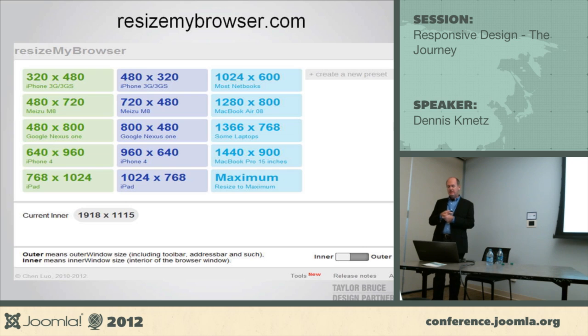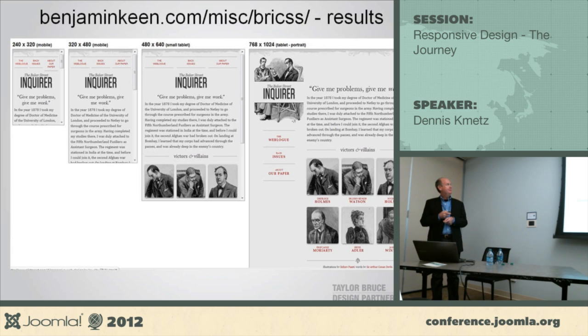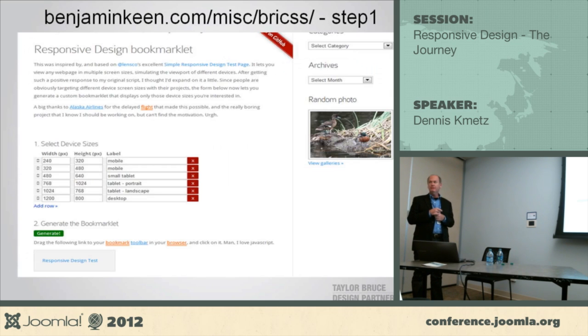Remember I showed this up front? Well, how did I do that? Well, I have 1, 2, 3, 4 breakpoints. Nice little website here. There's the URL up on top, and so the first step to getting to that second step, which you just saw, is you populate this here, and what you see here is the default, and you can add additional rows, and then you click the generate button, and it creates a bookmark for you. You take that bookmark and you drag it up to your browser's bookmark bar, and you have it forever and ever